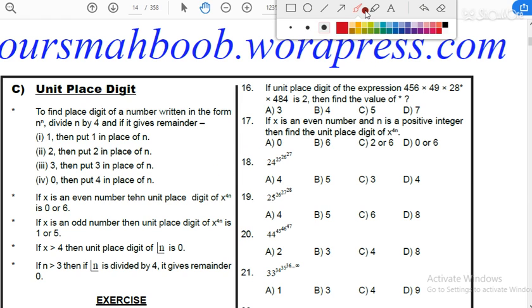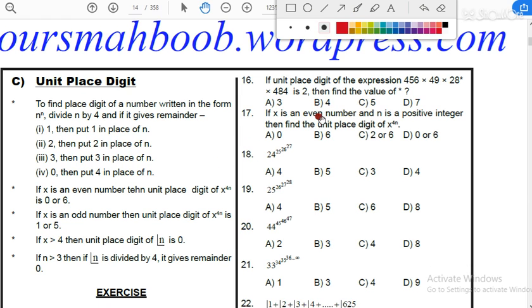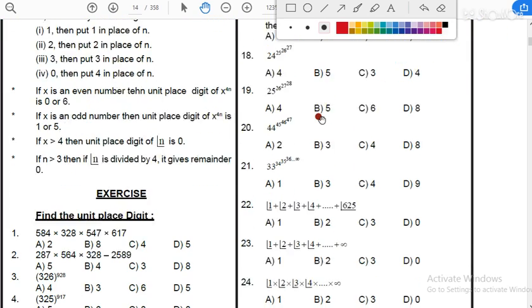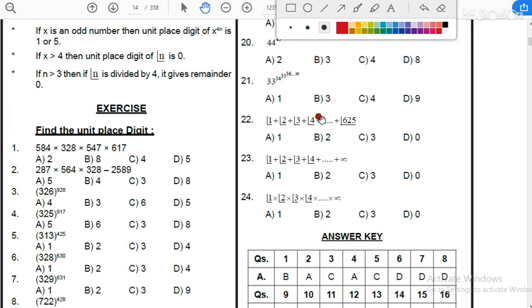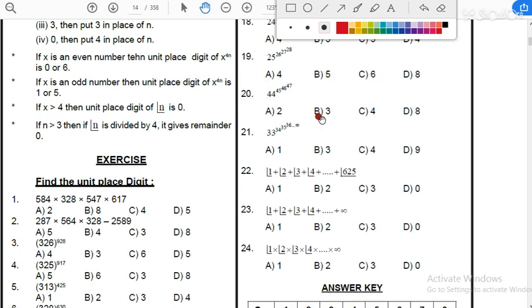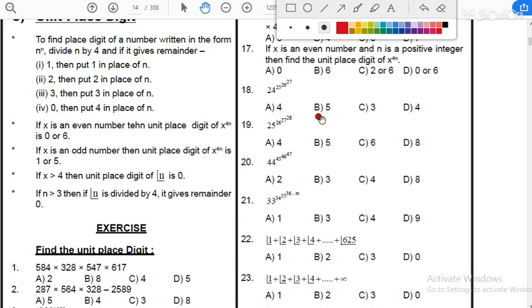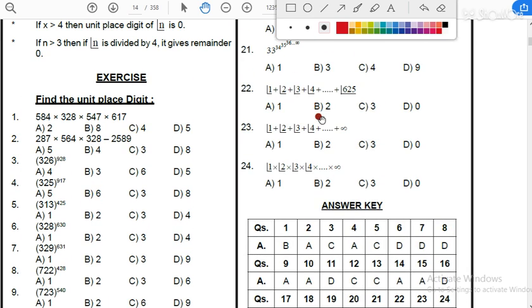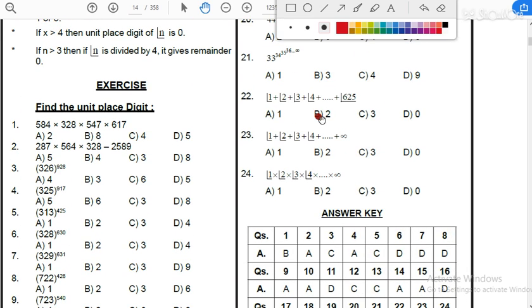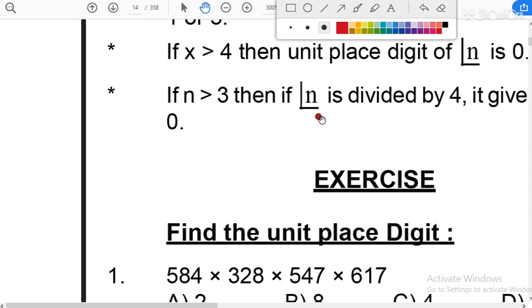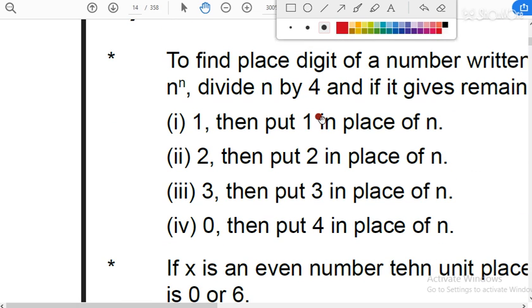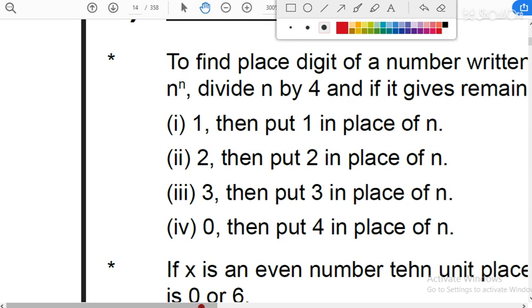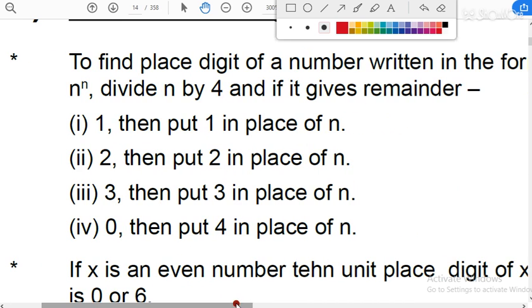Here you can see I have to find the unit places basically. Whenever I have to find the unit place, I have to check in many ways. There are many questions we will study about it. I will start from the basic one. I hope the question screen is visible to you now. Okay, so without wasting any time, I will start with some rules.